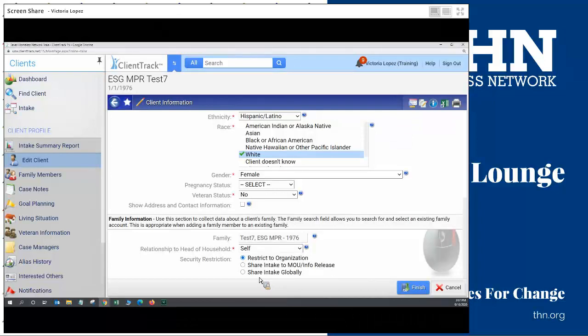It does require us to kind of unravel the ball of yarn, so to speak. And in some instances, what has to be done is just creating a completely new client record just for that organization that is restricted. That has happened in the past, and we try and move forward on a case-by-case basis when those sorts of things happen. So if you find yourself in that situation, please do not hesitate to reach out to us.